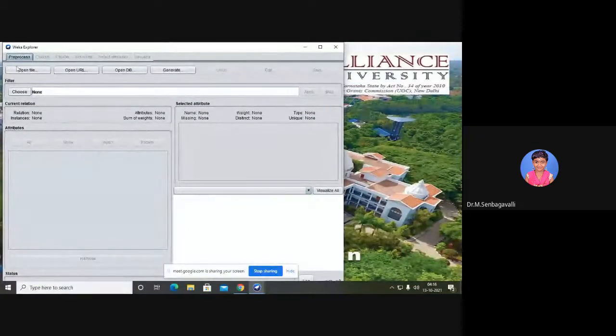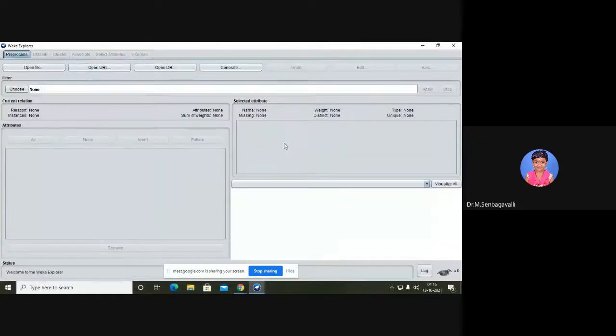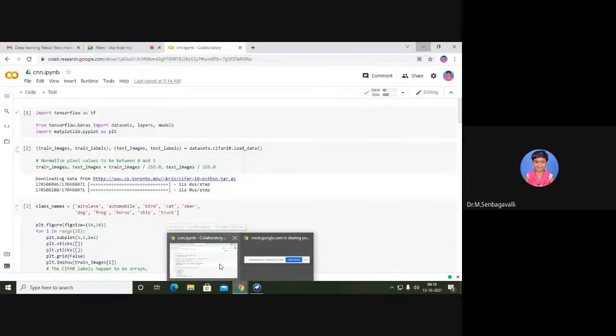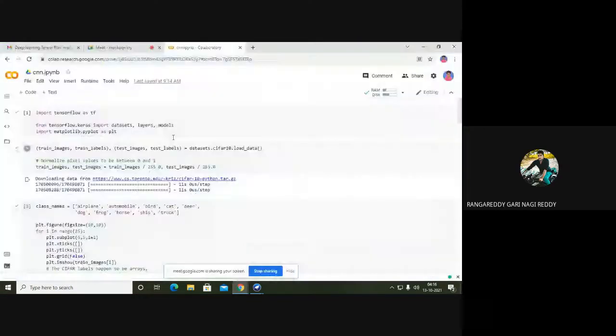Once we get into Explorer, before providing the solution, we need to have a source of information, a data set. So why do we want to use data set information? Anyone please tell me, and why are we going for machine learning algorithms? Any idea? I hope you can answer this question. To analyze the data, ma'am.